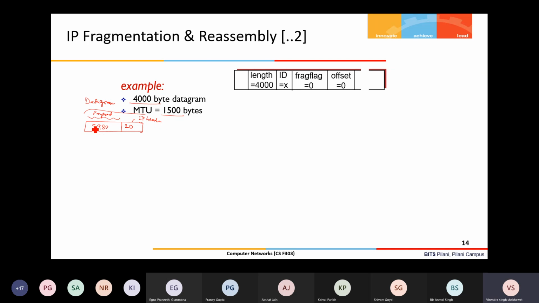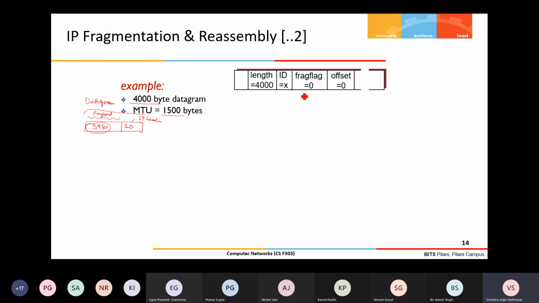So essentially I need to fragment this 3980 in such a way that each datagram does not exceed 1500. And from the reassembly point of view, I need to put sufficient information during the fragmentation so that the reassembly can be done.